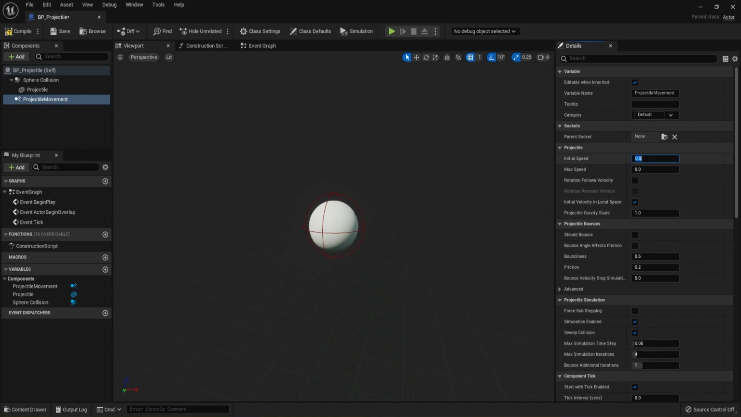and right here it says initial speed, we're going to have initial speed of 500. You can always come back and change this, play around with the speed you want. Then you can even have an initial speed and a max speed. Okay, and the next thing we want to do